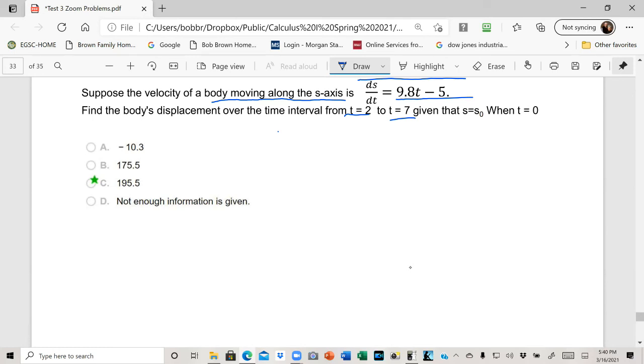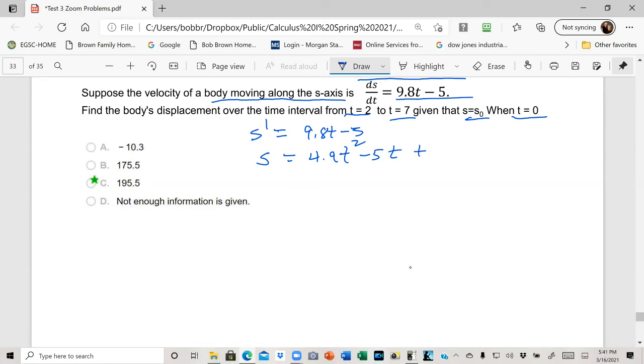And we're given that s equals s0 when t equals 0, although we're not given what s0 is. So if s prime is equal to 9.8t minus 5, taking the antiderivative, we get s is equal to 4.9t squared minus 5t